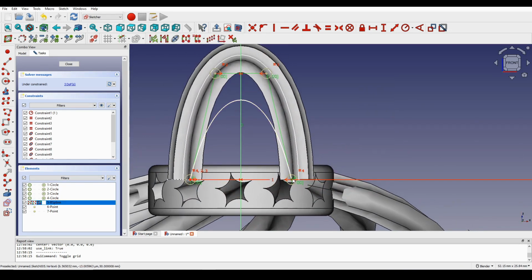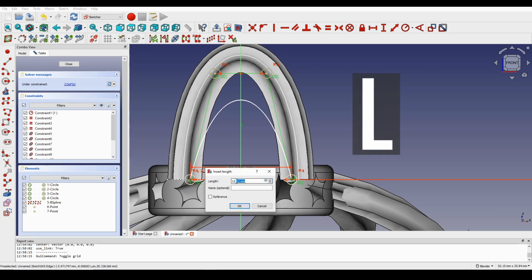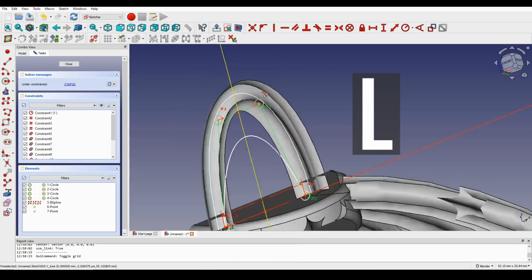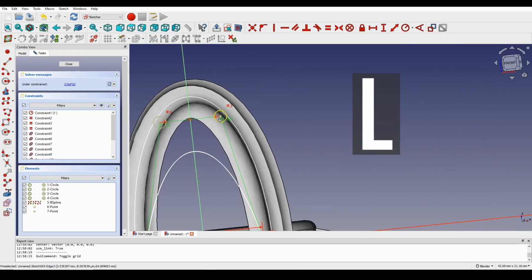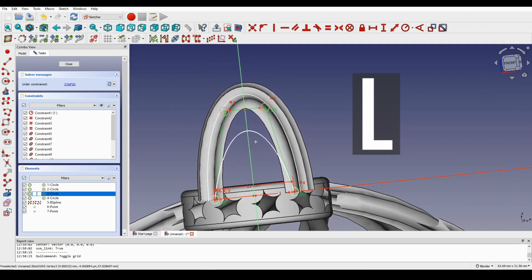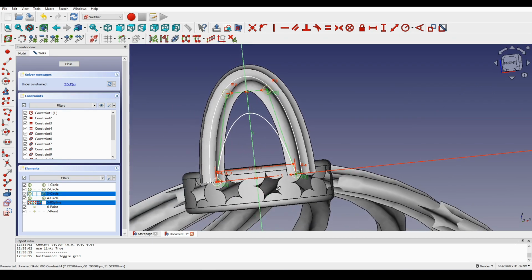Let's set the distance from here to here, hit L, type in here like 13, enter, and also select this one,